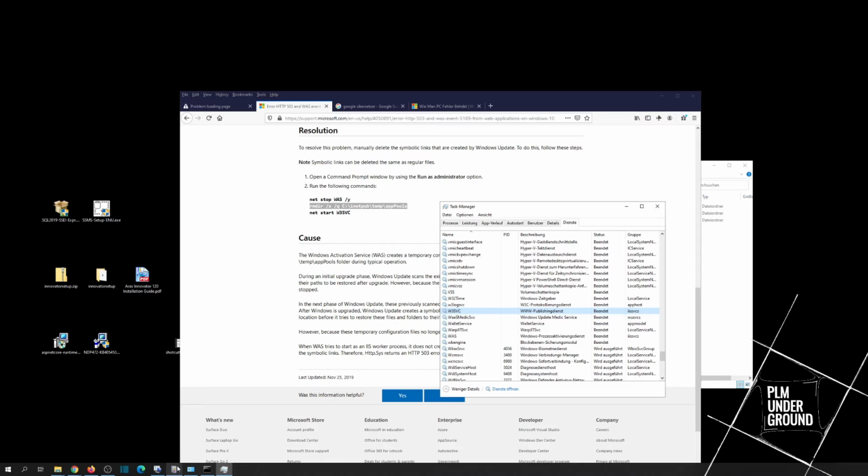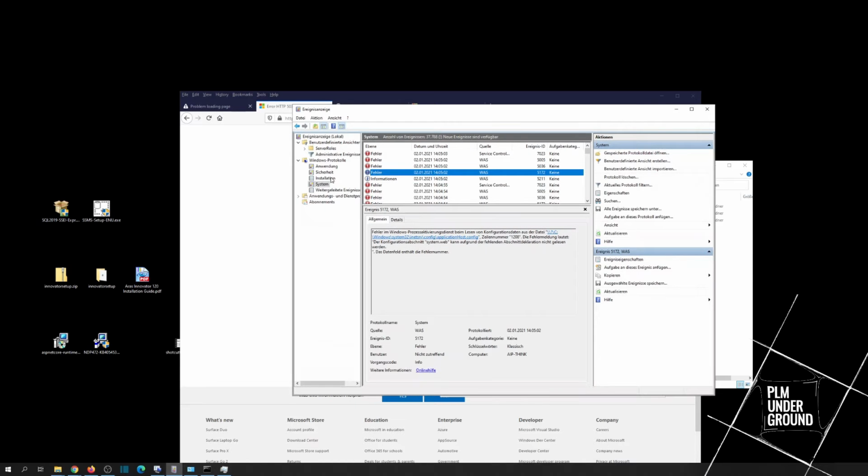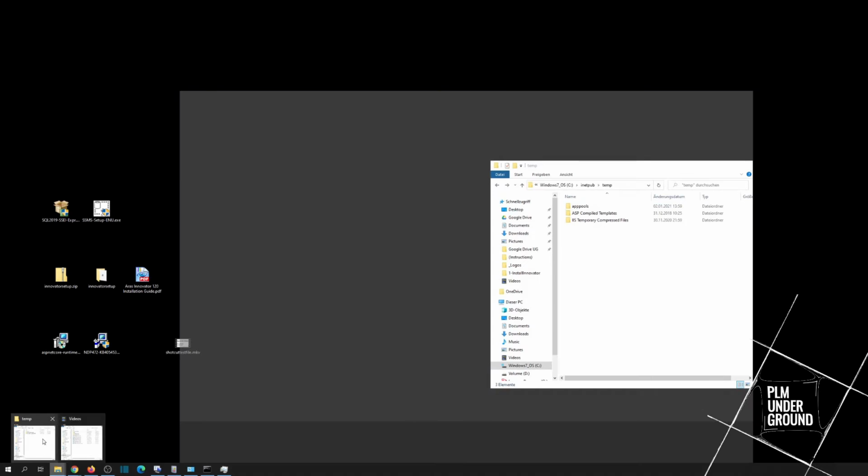And when I now go to my event monitor to see why this service doesn't start up, it tells me in this error message that my application host config contains a section called system.web, which it is unable to read. And the solution for this one is a solution I used in my last Innovator installations. I'm not sure if this one is an official recommended solution, but it worked out for me in the past.